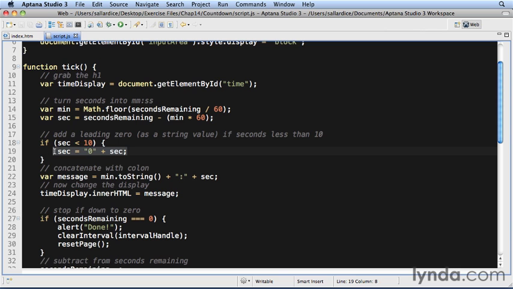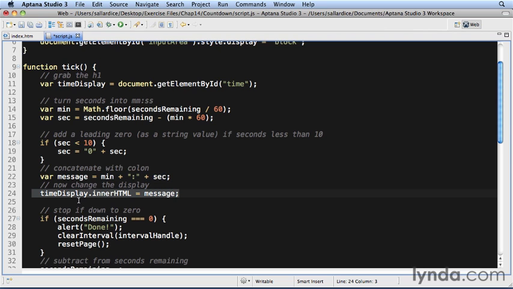So this is what I'm doing here, and I'm using 0 as a string, so in the double quotes, so that when these two are added together, it will turn the number 5 into 05 or the number 9 into 09. I finally take both my min variable and my seconds variable and add them together. If you're bothered about official type conversion, meaning that if min is a number, how can I explicitly say it's a string? I could use the .toString method here. I don't need to do that. This would work just fine. This concatenation will join the number that's stored in min, then a colon, and then finally